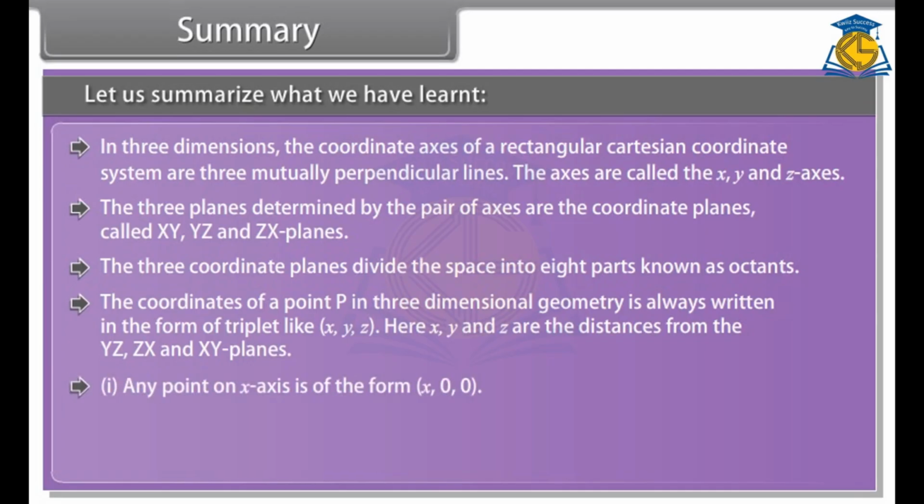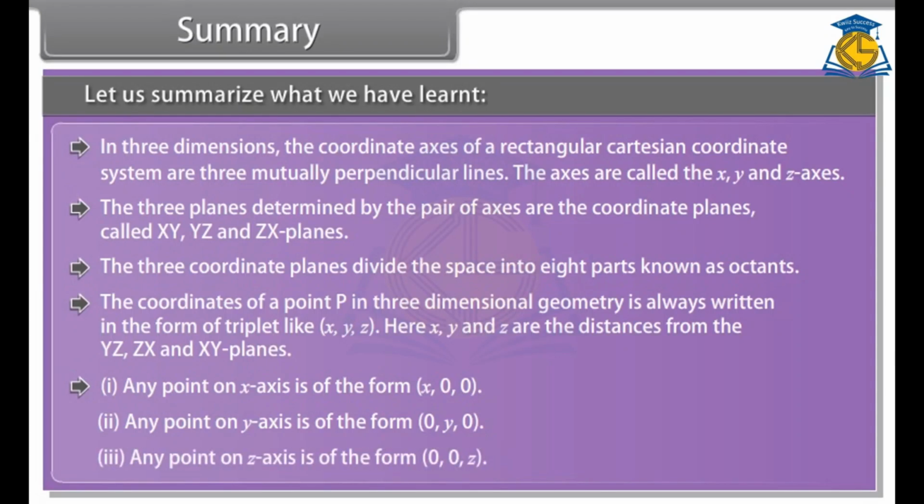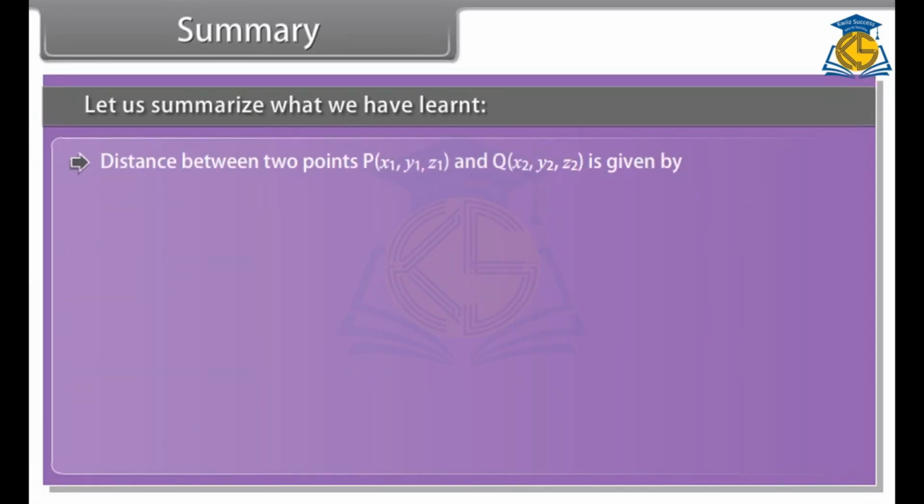Any point on the x-axis is of the form (x, 0, 0). Any point on the y-axis is of the form (0, y, 0). Any point on the z-axis is of the form (0, 0, z). The distance between 2 points P (x1, y1, z1) and Q (x2, y2, z2) is given by